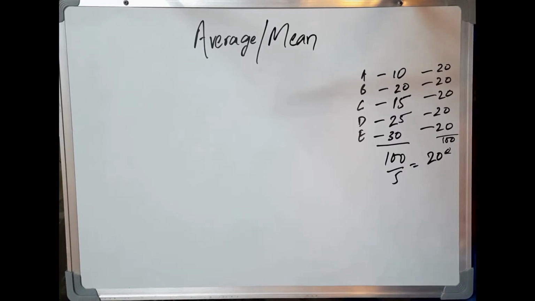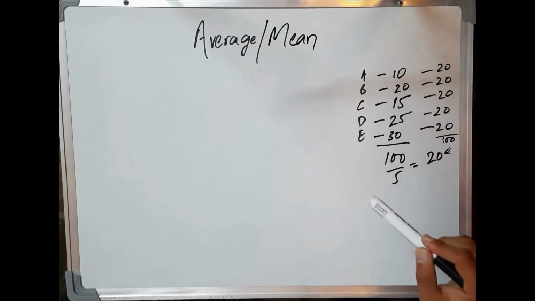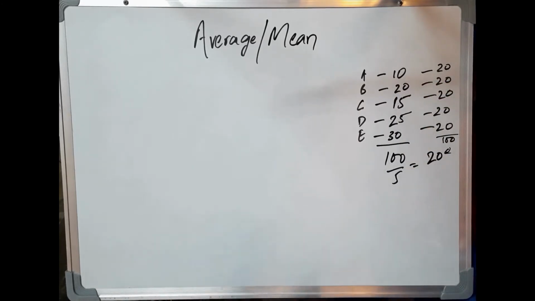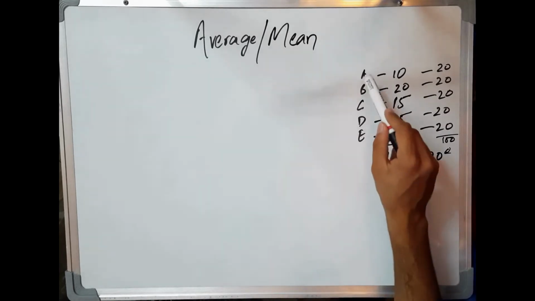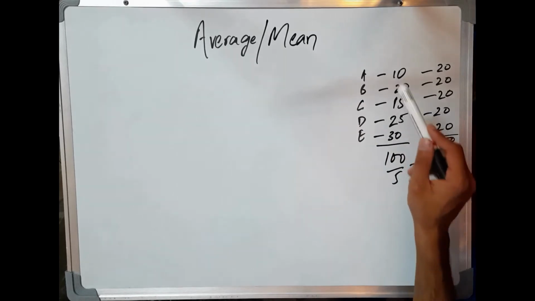There's something I'll let you know here, that I'll sometimes call these numbers as the magnitudes of A, B, C, D and E. If I say A has 10 balloons or A has a magnitude of 10, both mean the same. Don't get confused by that language.